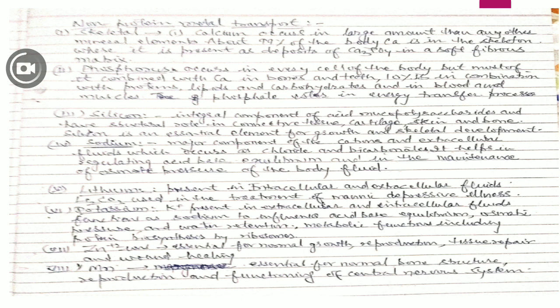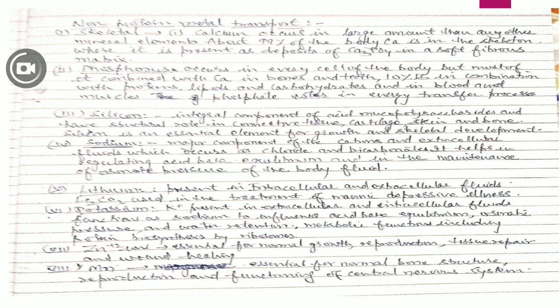Second is phosphorus, which is present in every cell of the body, but most of it is combined with calcium in the form of calcium phosphate, and it is present in bones and teeth. 10% of it is in combination with proteins, lipids and carbohydrates. And the phosphorus, as we know, is present in ATP, ADP, AMP, and this phosphoester bond